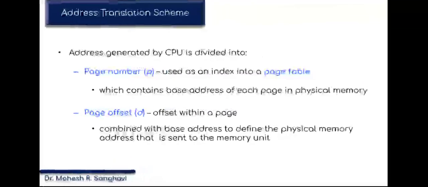Now, talking about the address translation scheme, we must know two things. From the page table we get the information about the page number and its offset. I have already told you, for example, this is one page, and in it we have offsets like line numbers 1, 2, up to n lines. So which page number and which line we have to read is based on P and D. Here P stands for page number and D stands for offset.